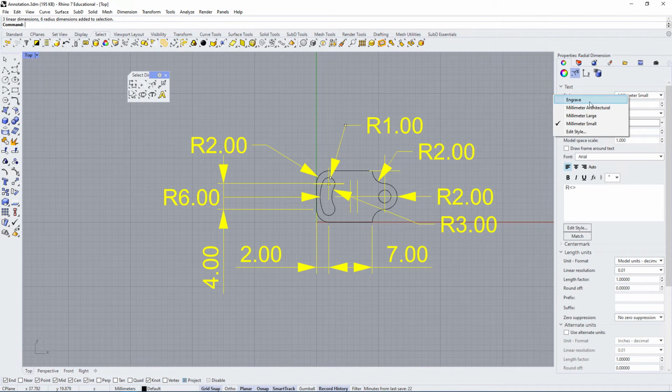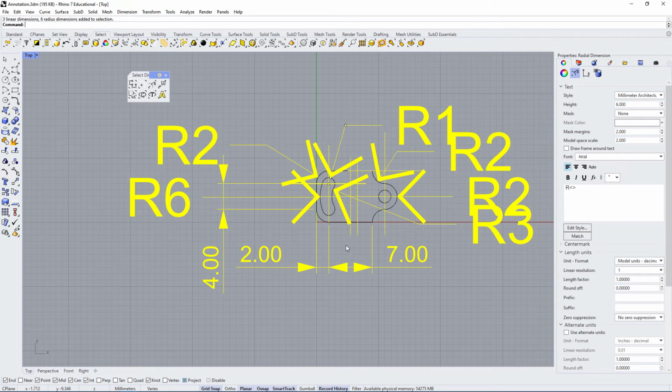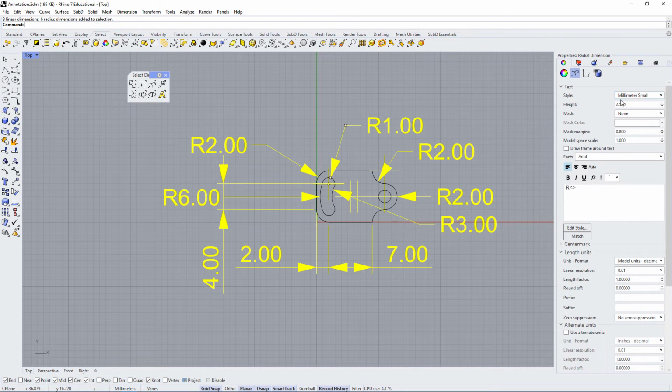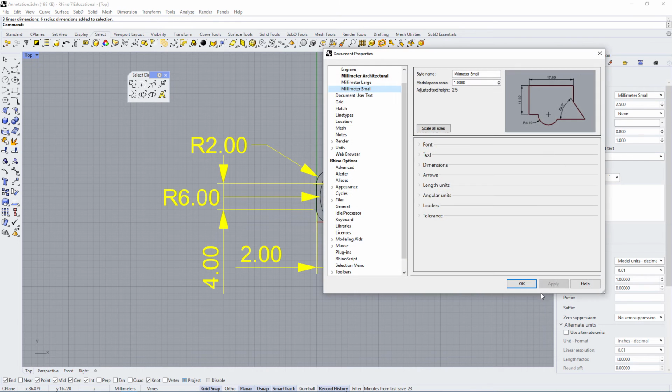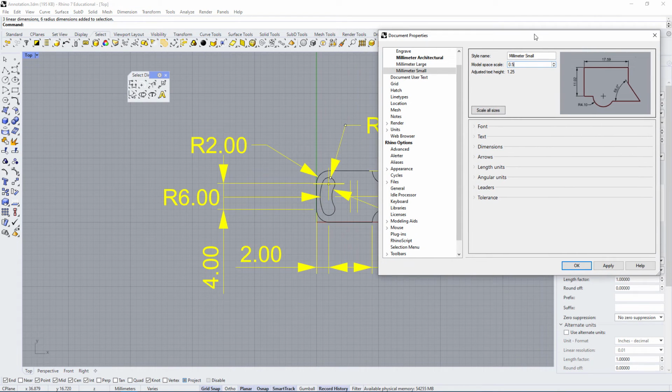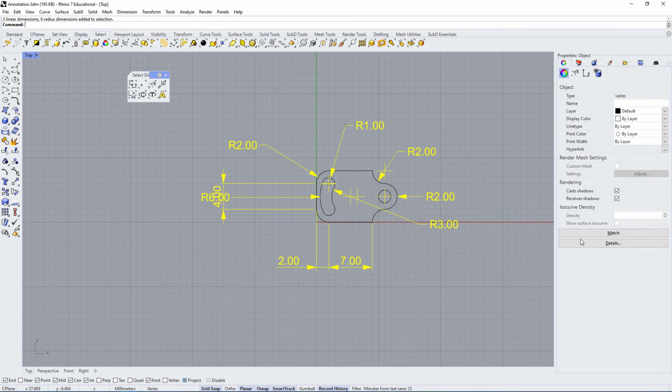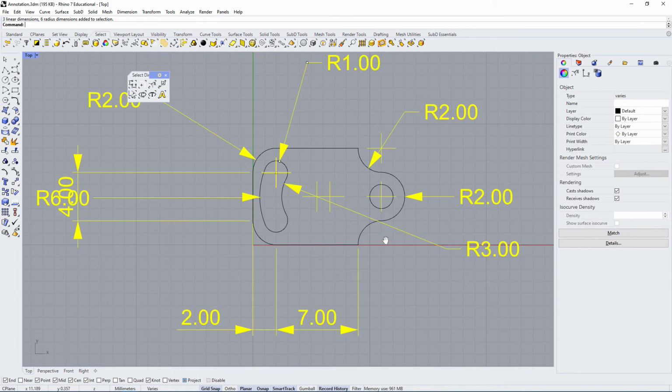So I got a little sidetracked, but basically we edited the millimeter architectural, and this is what it looks like. So let's go back to that style that we originally had, which is called millimeter small, and let's edit millimeter small this time. So here it's under 1, so let's see if we do 0.5, will it be half as big? Scale it, 0.5, and apply. Oh, it looks like you don't have to apply. As you probably noticed,